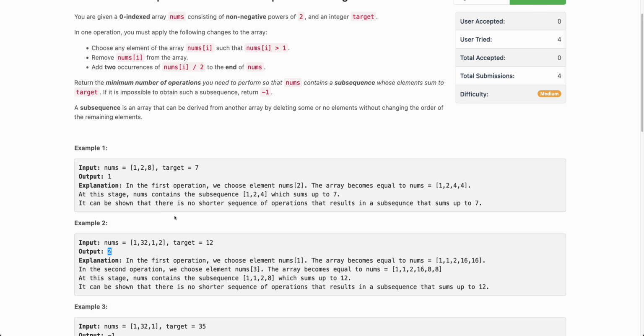So I hope the problem statement is clear. Now how to solve this? There are two parts in the problem. First, it is given that you have to add the occurrences back to the end of the array. So does the end really matter here? I would encourage you to pause and think. So the end doesn't matter here. Why? Because